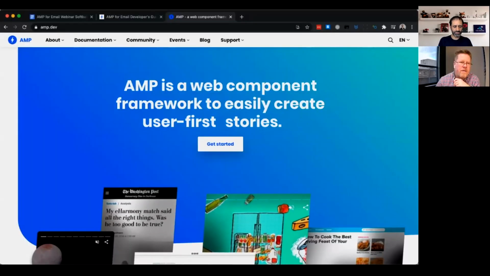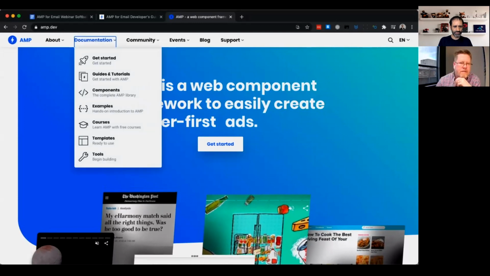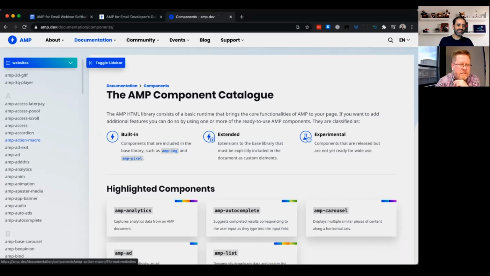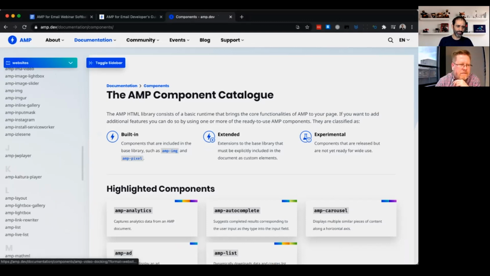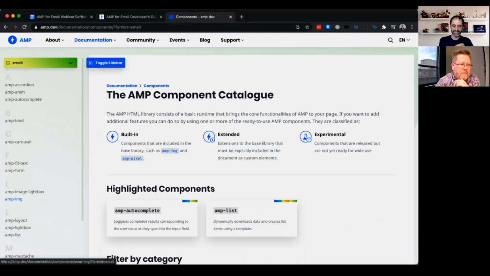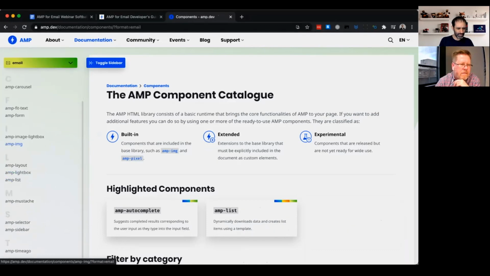I'll share my screen again, and this time share here. So here we are on the amp.dev site. If you go to documentation components, you'll see all of the components available within the core AMP framework. Make sure you filter to email, and here you can see 16 of them.